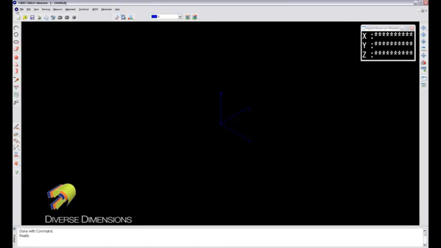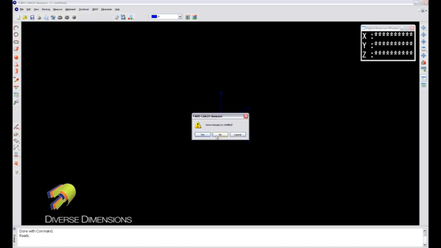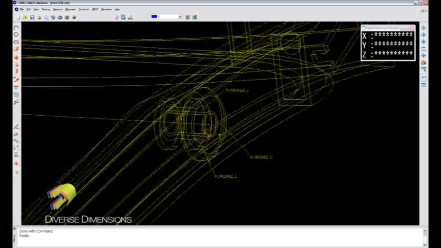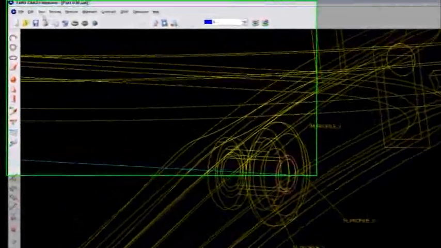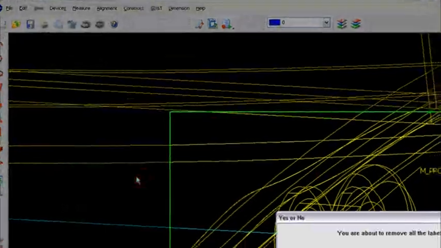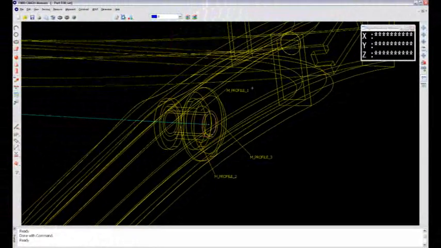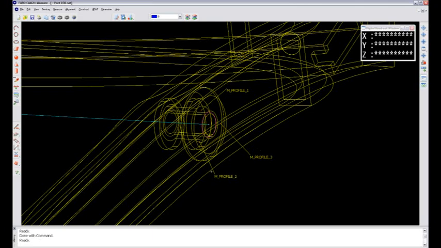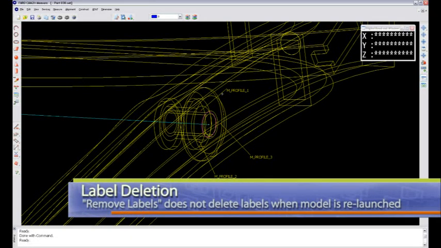Say I pull that file back up, that part 30. I just pick it up here. There's my labels that I put on there before. But say now I wanted to delete those out. So I'll go Labels, Remove Labels. Still asking the question, are you sure you want to remove all the labels? Yes. Hey, what's going on? They're still in there. So that's an issue with the 4.0,